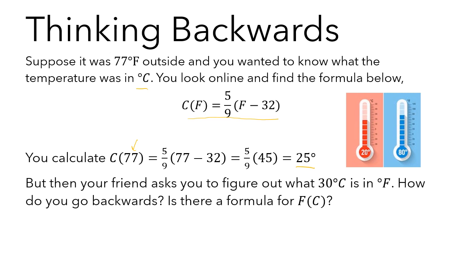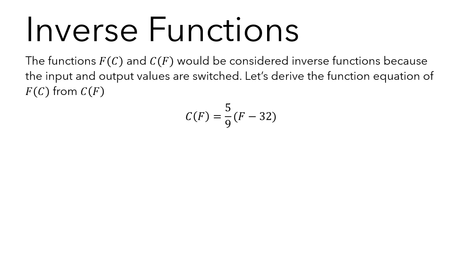But then your friend asks you to figure out what is 30 degrees Celsius in Fahrenheit. How do you go backwards? Is there another formula for f of c? The functions f of c and c of f would actually be considered inverse functions because the input and output values are switched. So let's derive the function equation of f of c from the one we looked up online,